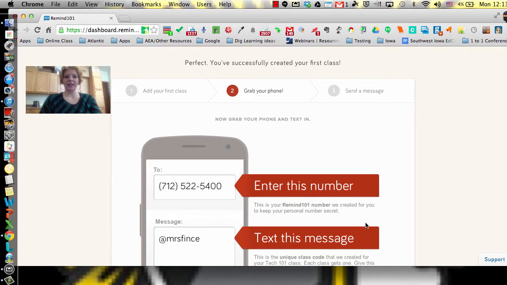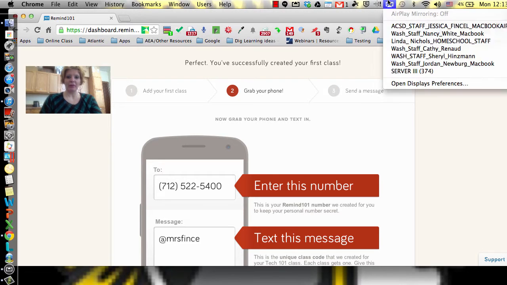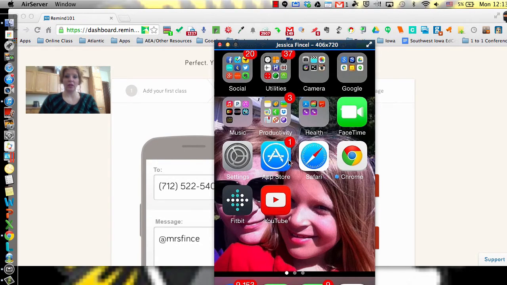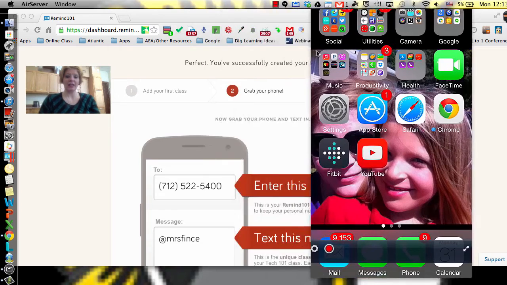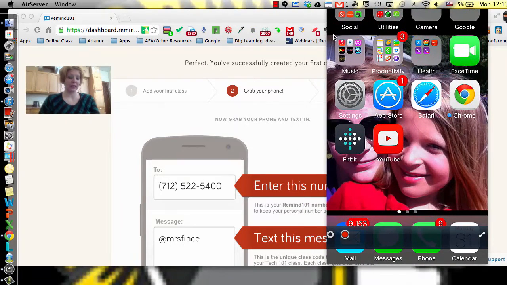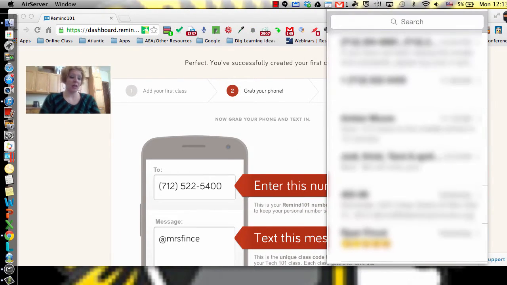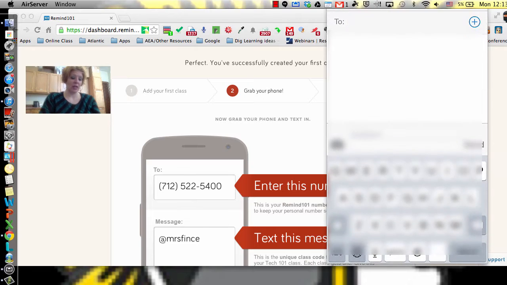Once you do that, it is going to ask you to grab your phone. I'm going to go ahead and bring my phone up. So here is my phone. What we're going to look at here today is the messages. So you'll notice in the instructions here, it says enter this number. So I'm going to go ahead and click on my messages here. And I'm going to go ahead and enter this number,